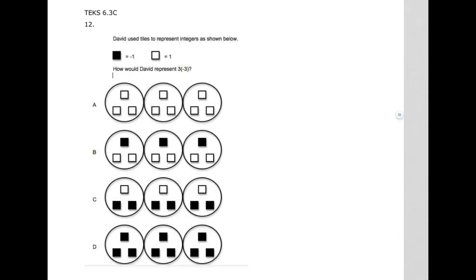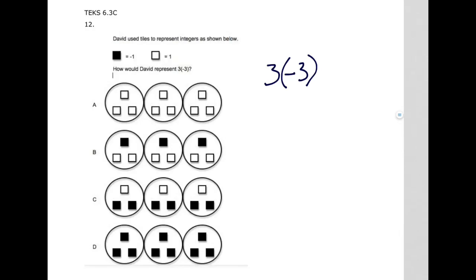David uses tiles to represent integers as shown below. So a black tile equals -1 and a white tile equals 1. How would David represent 3